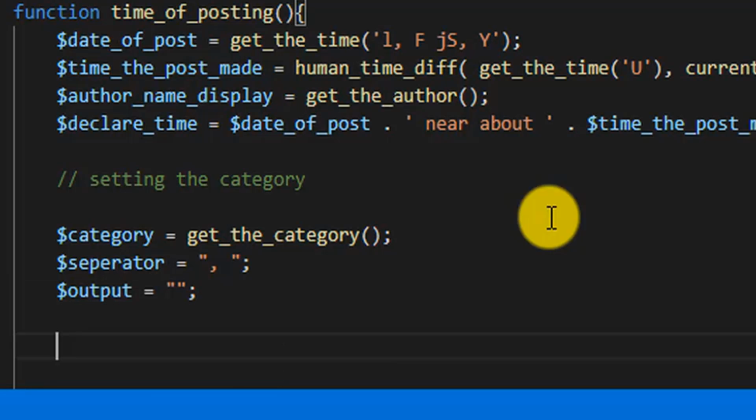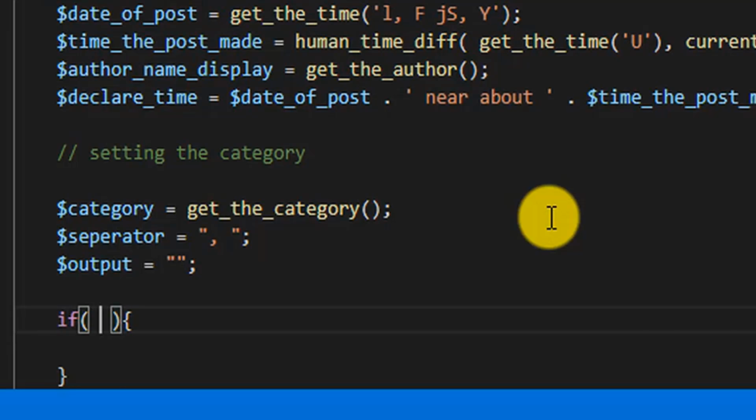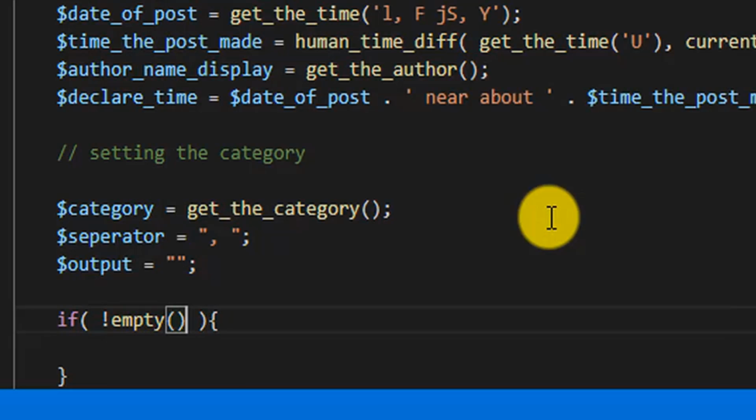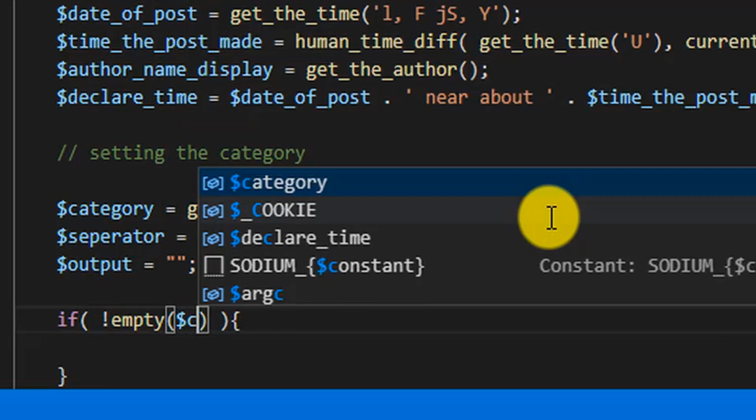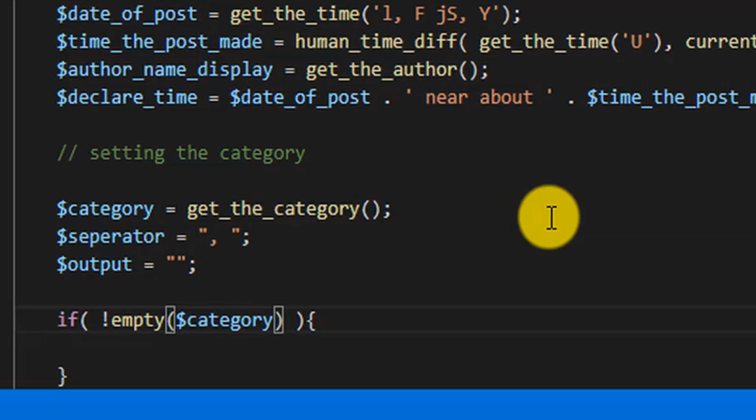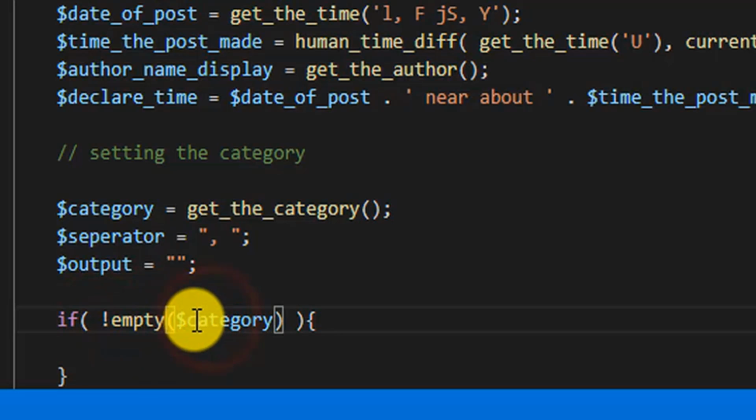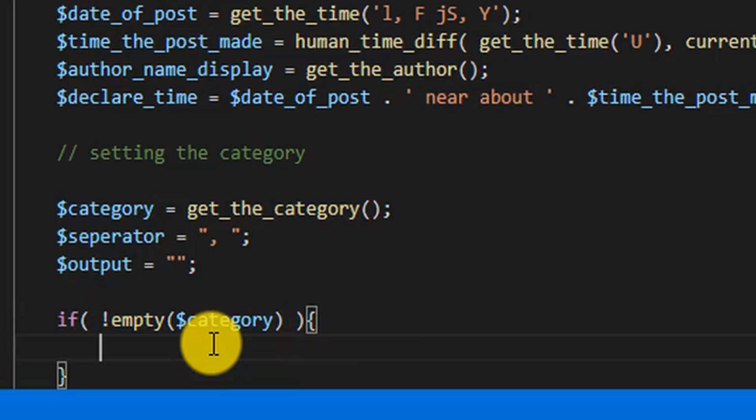Now in the second case, we will be needing an if-else statement right over here. We will be checking if, so what we are doing here, we are first checking whether this variable category is empty or not. If it is not empty, this exclamation sign above the empty function practically defines that if this variable category is not empty, then all it is going to do,